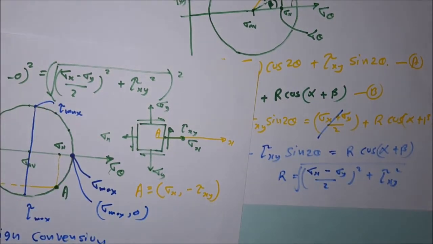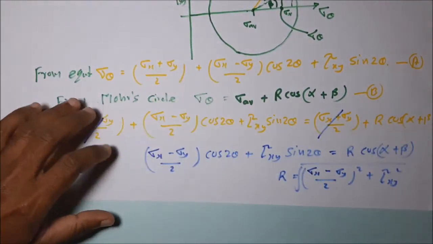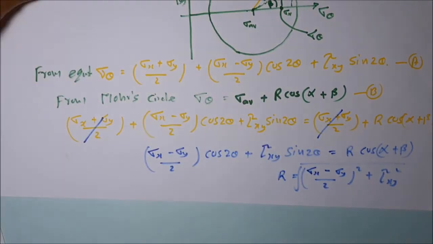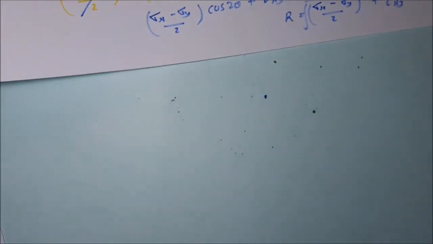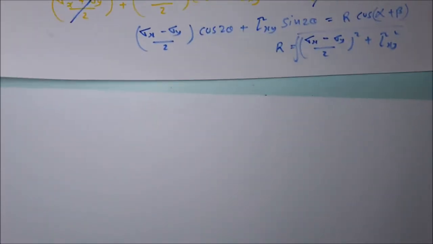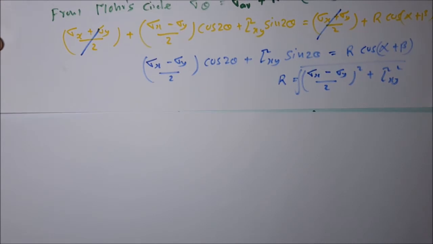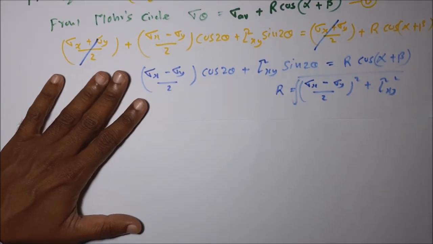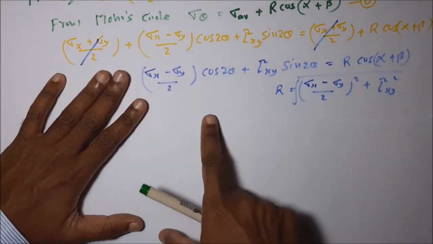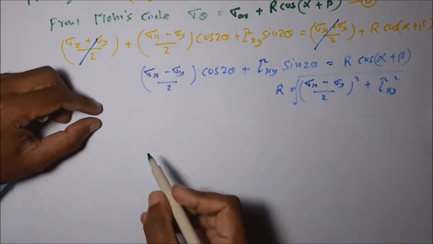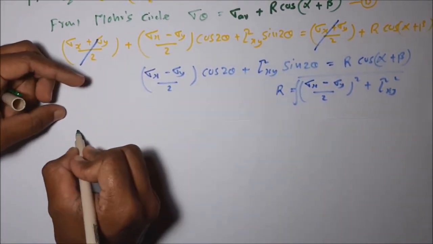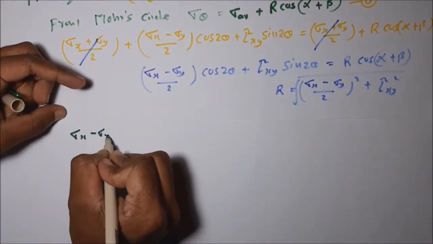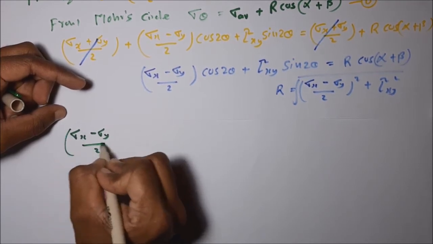This is R. Then I am going to divide this entire equation by R. Then we are getting this value. Then sigma x minus sigma y divided by 2, divided by